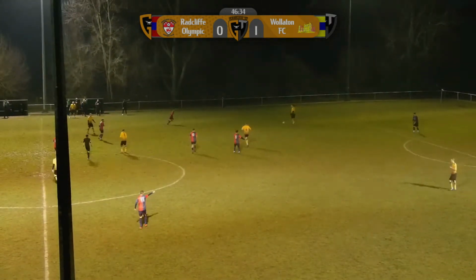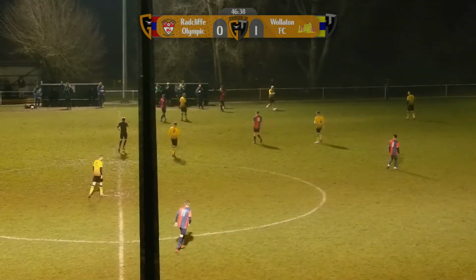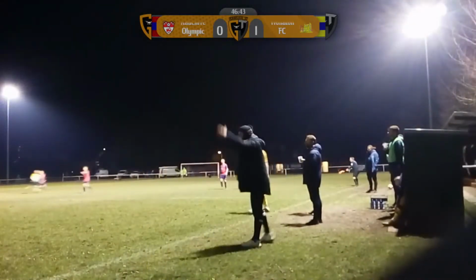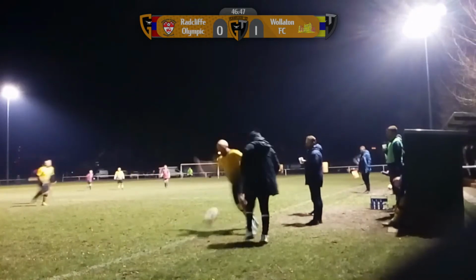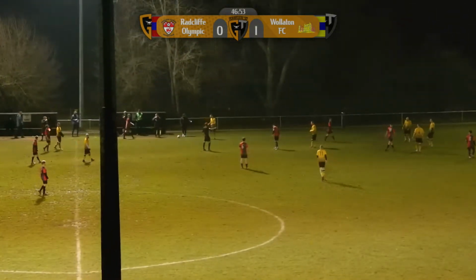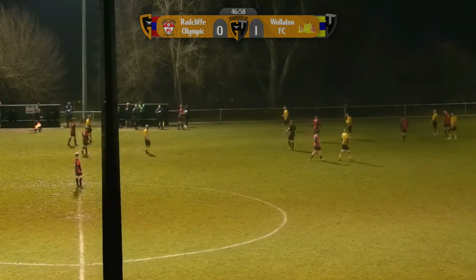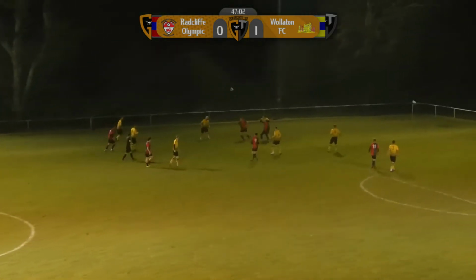Radcliffe need to engage a little bit higher up the pitch. And Wollaton now easily, but have overplayed a little bit there. And Wollaton have given away a throw-in, I believe it is, to Radcliffe. So it's all right having the possession. You've got to be able to pass it, and they've passed it out on that far side, just in front of the dugout. So Radcliffe have an opportunity to put, and it's a long throw, goes in,